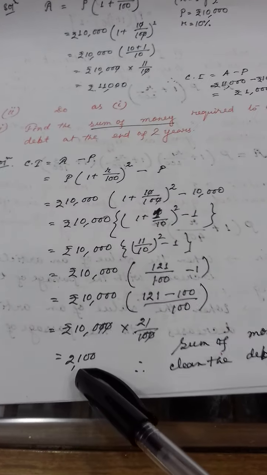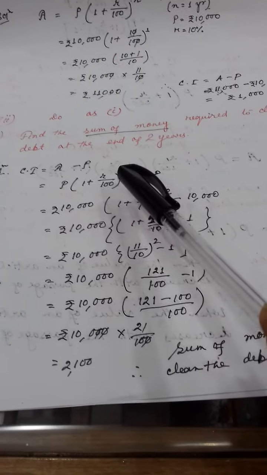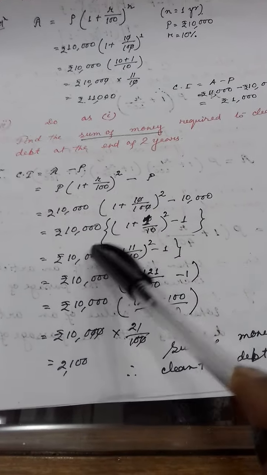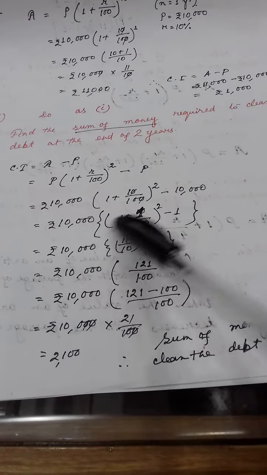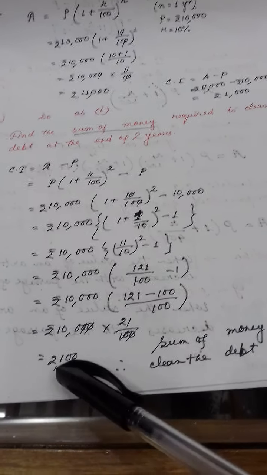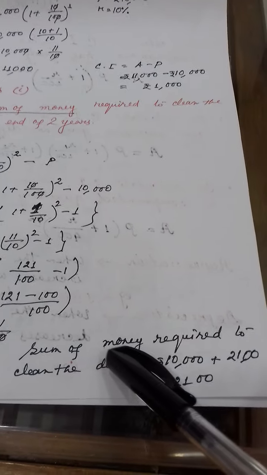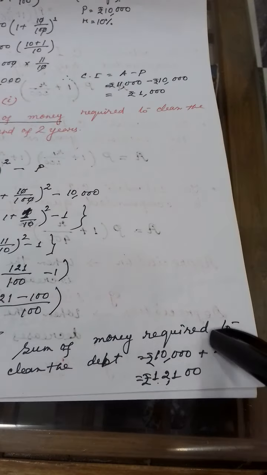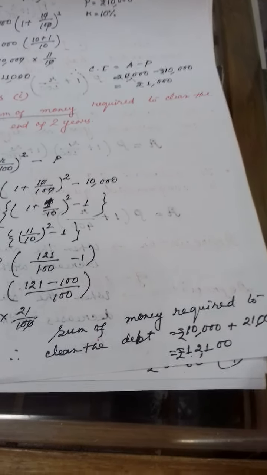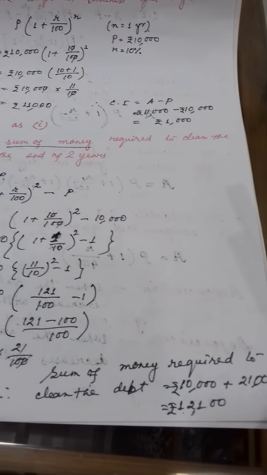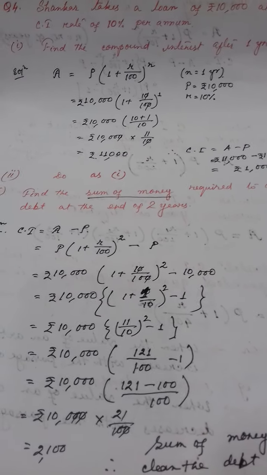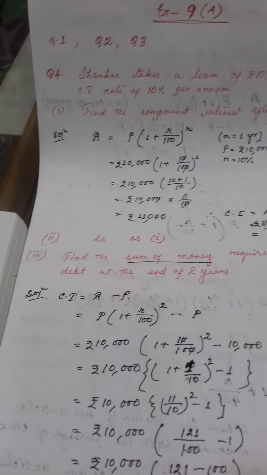So first you find out the compound interest after 2 years. So its compound interest will be 2,100. Principal is this. Rate of interest. So I have done together amount minus principal. Place the value. You can take the common over here. This calculation I think students you will be able to do. Clear? But be very careful while doing the calculation. So after getting the compound interest, its total sum of money will be what? Original money along with the interest. That means 12,100 he has to pay to the bank to clear his debt. Debt means how much he has borrowed. Clear, students? Understood? How to solve?